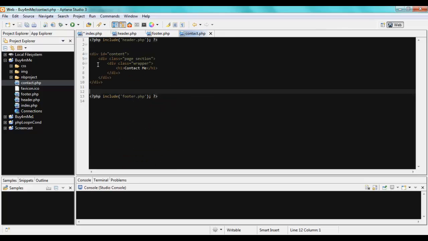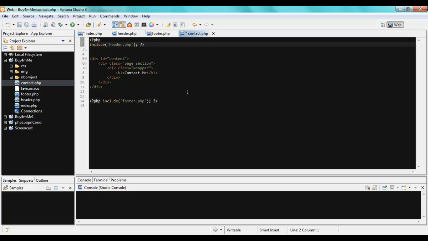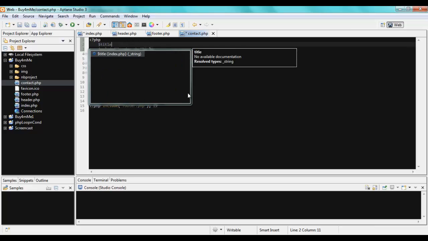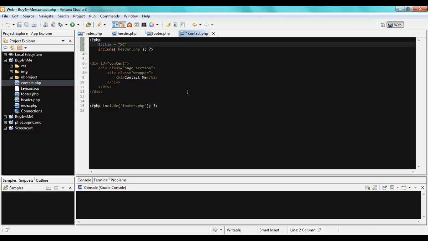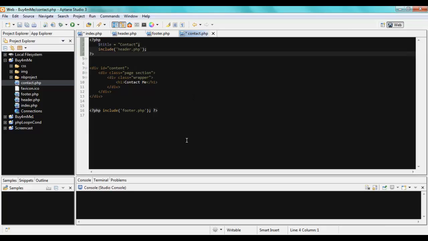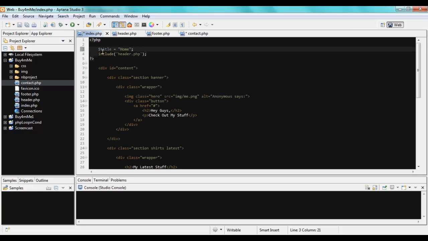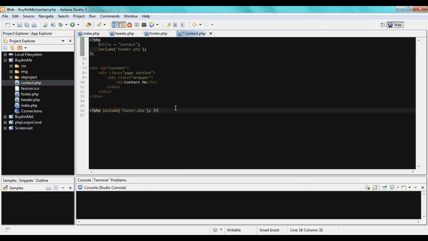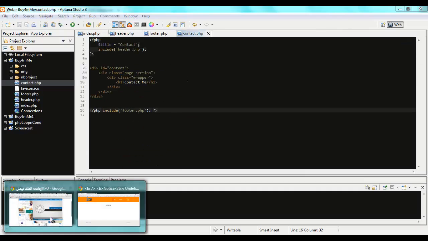Similarly, if I'm on the contact page, I want it to be called contact. So I'm going to say $title equal to contact. Okay, now let's see what happens. I defined it as contact on the contact page, and on the index page I defined it as home. So I'm going to save both of these pages, and then go back to my project